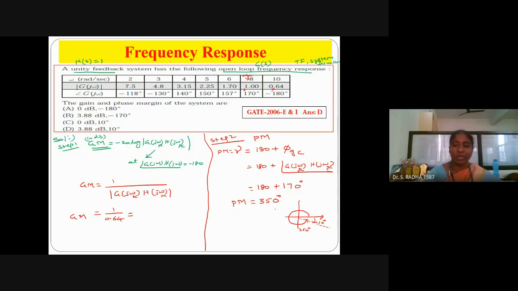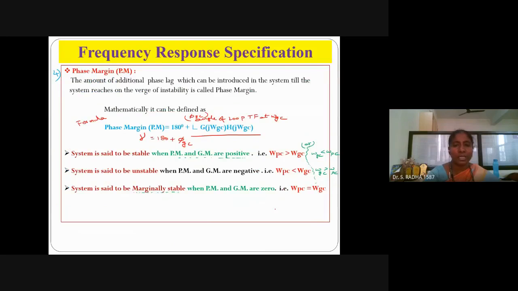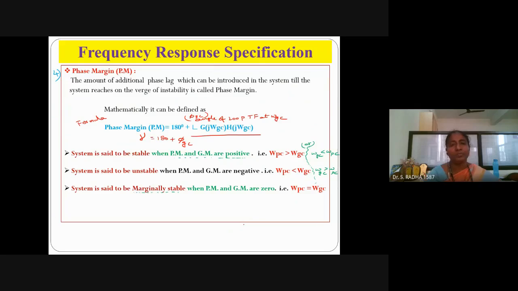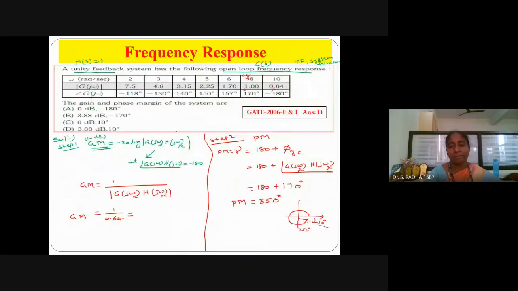So 10 is the value, because you can see here plus 180 or minus 180 is the same. I explained here in green color: plus 180, minus 180, we are finally reaching the negative x-axis. In the formula, if I put minus 180 plus 170, it directly gives minus 10. So it is not like that.